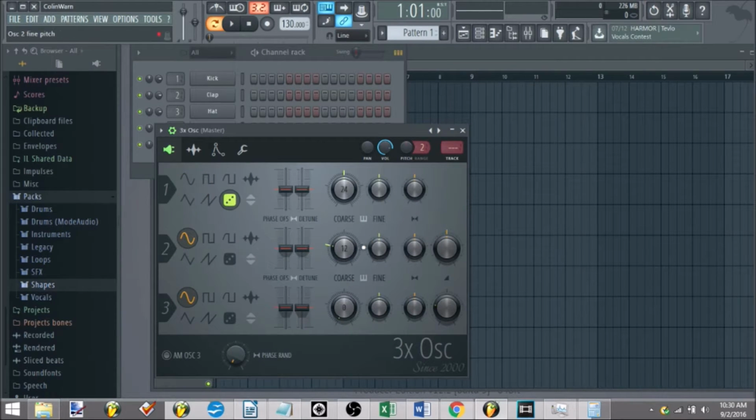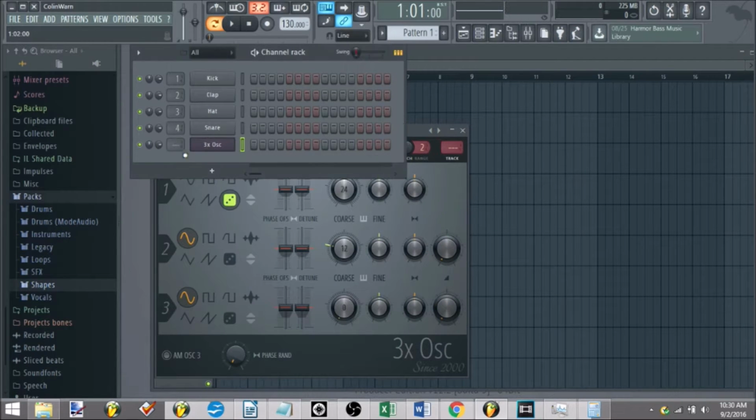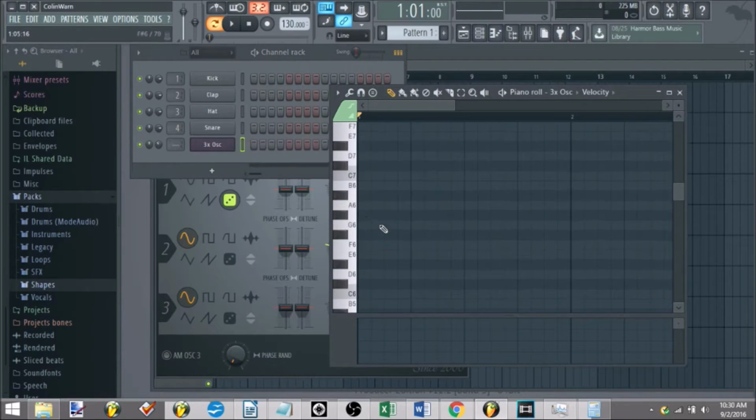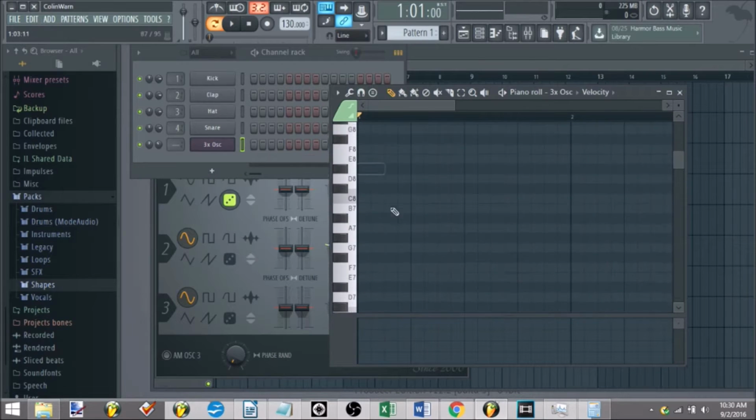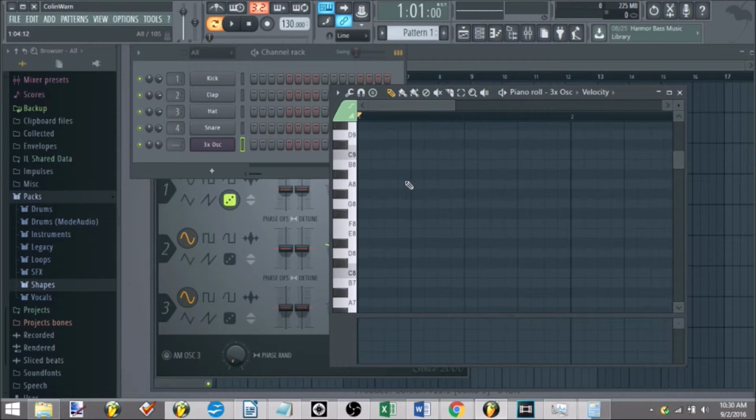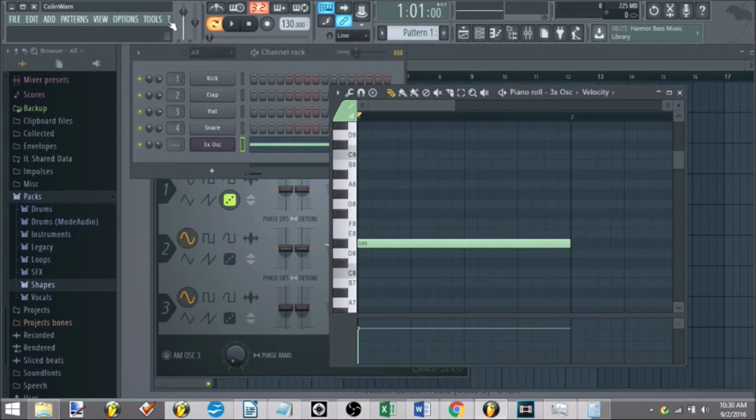So you click that, turn all your other synths down. You just have that white noise. I'll turn it down a bit so we don't lose our hearing from the brashness that it is. So now we have our white noise. You can literally pick any key because it's atonal white noise, it doesn't matter what key you choose. So we'll just choose D8, stretch it across here. So now when we hit play, or hit spacebar to hit play,